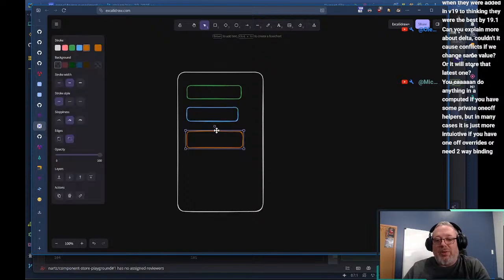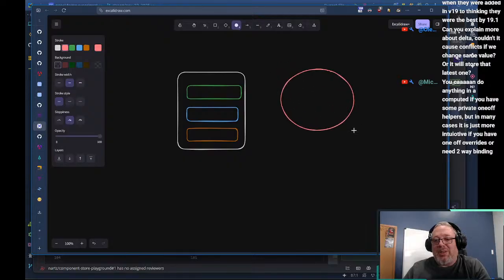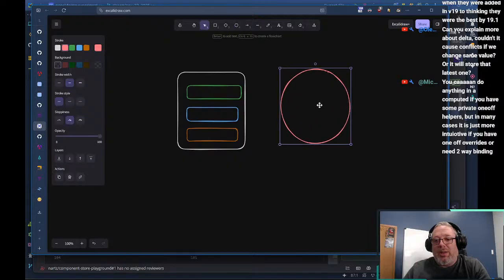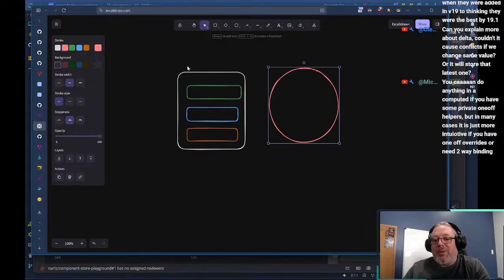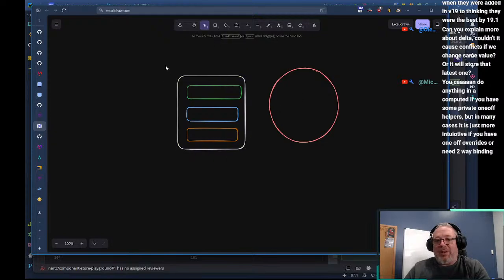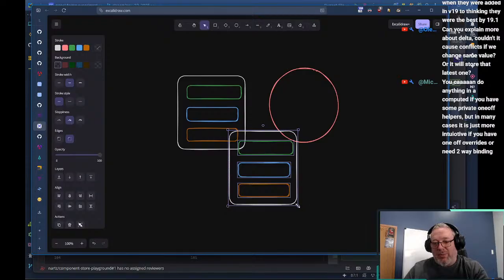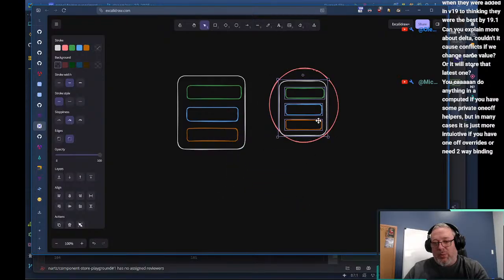We've got the green, the blue, and the orange property. And then let's say, and maybe we'll represent change sets with circles, right? Let's say we've got this change set. Well, if we put this entire change set inside of here, Control C, Control V, and we'll make it smaller. Boom.